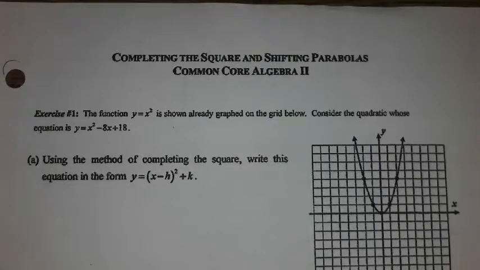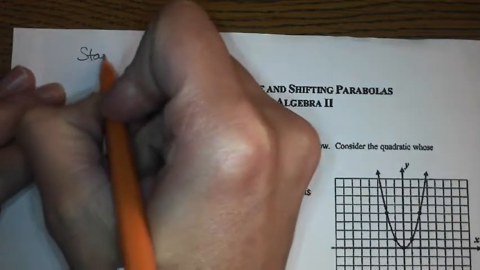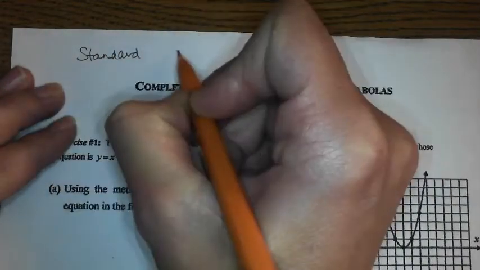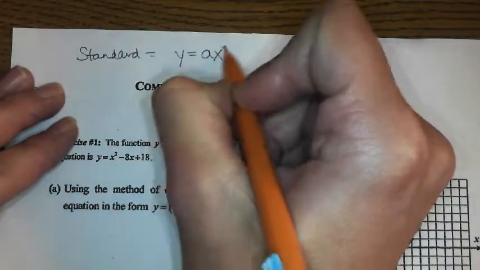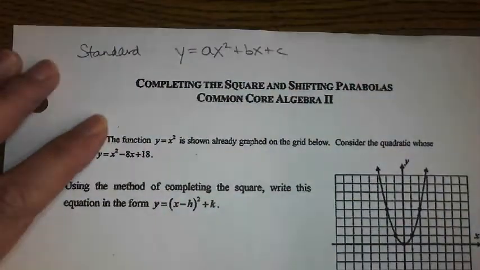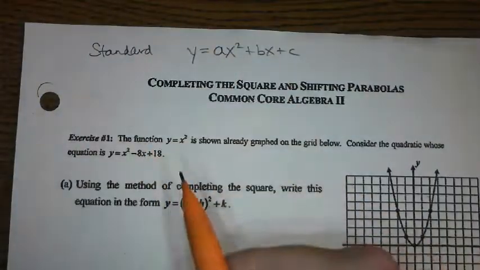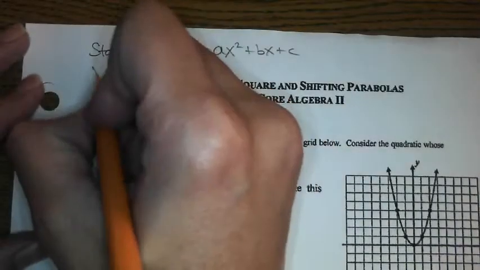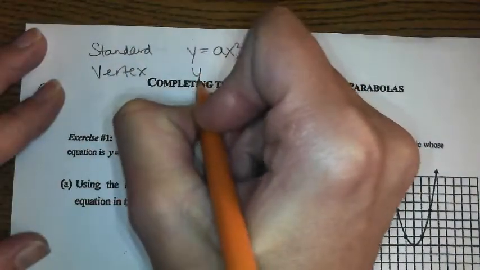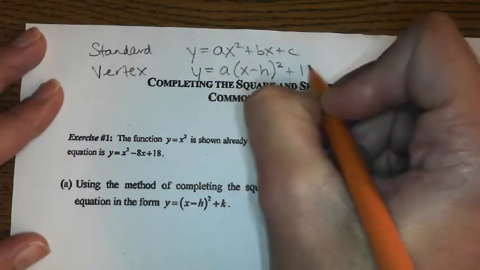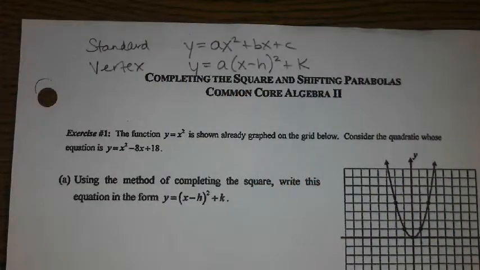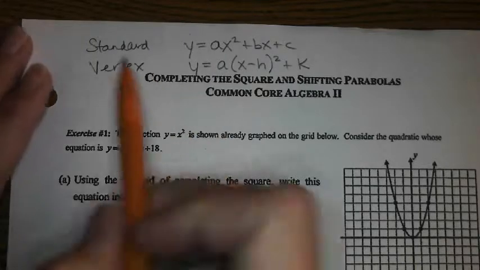Parabolas have two different ways of being written. There's a standard format that you're used to. That's just y equals ax squared plus bx plus c. That's a standard polynomial format. And then there's something called vertex format, which is y equals a times (x minus h) in parentheses squared plus k. That is critical